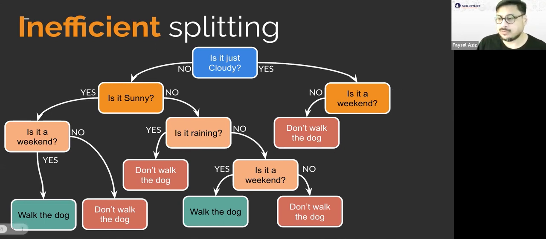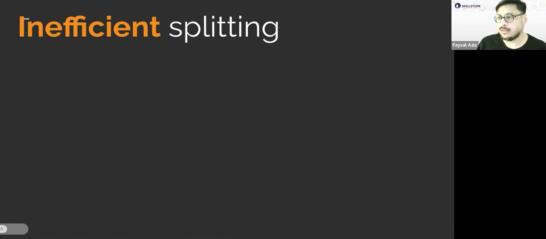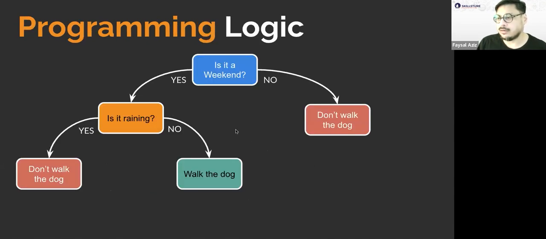Whereas if I take the previous one, there are 2 conditions where I don't walk the dog and 1 condition where I do walk the dog, whereby it's a weekend and it's not raining. Of course, there's another one that it's a weekday and it is raining, in which case it would be a no. So there would be another condition which I have not put over here.